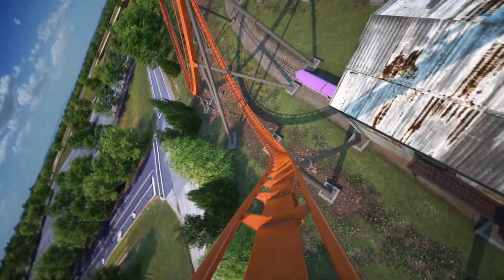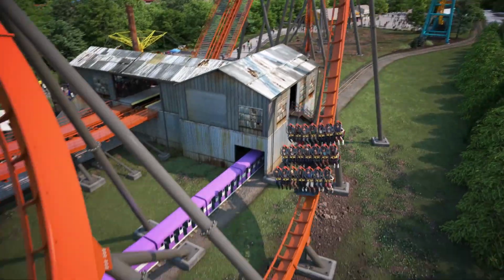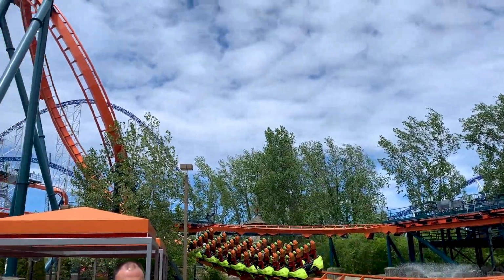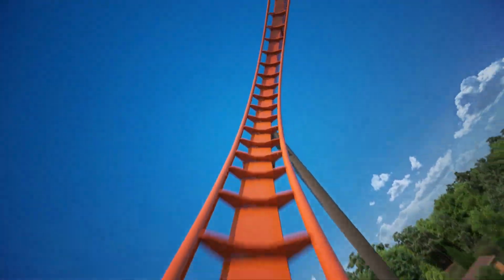For the first time since the days of their stand-up coasters, B&M are bringing back the inclined loop. It might not look like much in the POV, but it's such a weird feeling compared to your standard vertical loop, so I'm really happy to see this brought back. I've only ever been on the one on Rougarou at Cedar Point, and I also rode it when it was Mantis, and let's just say if it's anything like this one, this will probably be my favorite part of the